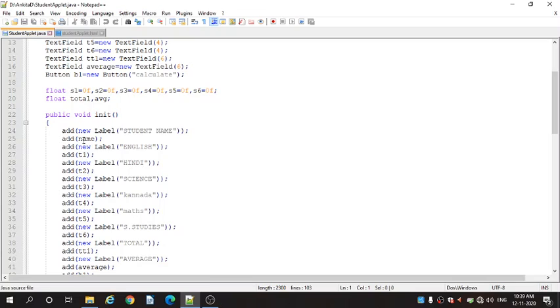So in the init method, we have created the label, and we are adding the label on the applet, that is add(new Label(...)), and whichever text we want to display on the label, we provide in the brackets in double quotes, that is Student Name, and after that we are adding the text field after the label, that is add(name). Same way we are adding other labels also, that is add(new Label("English")), and we are adding